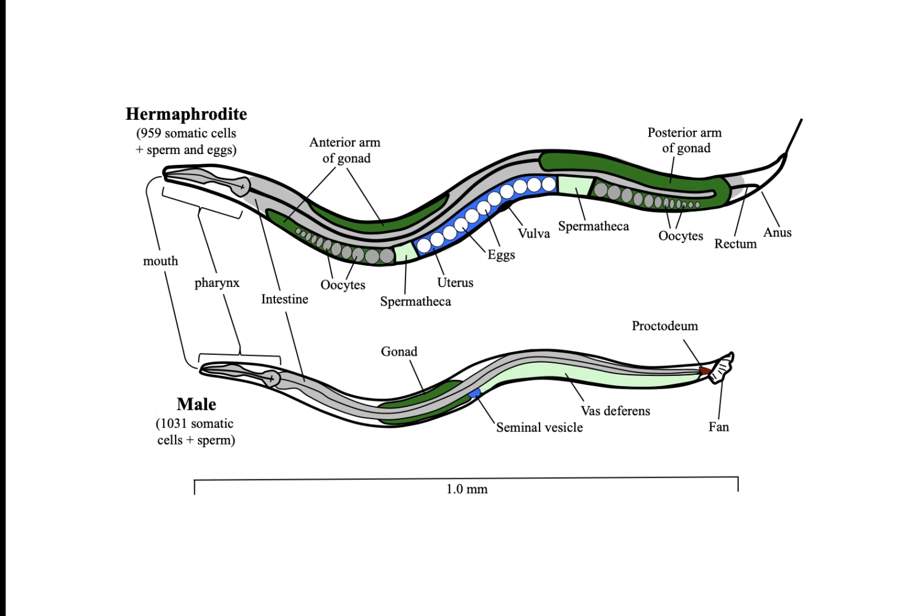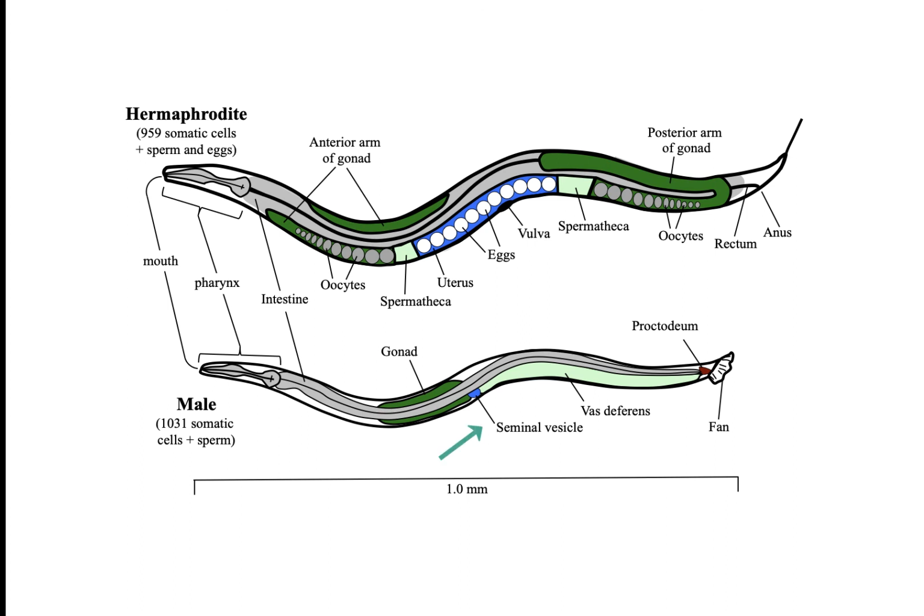They have mouth, pharynx, intestines, rectum, and anus, so they can eat and digest food, and then they have sexual organs. The hermaphrodite has both a gonad for producing oocytes and also spermatheca for producing sperm,